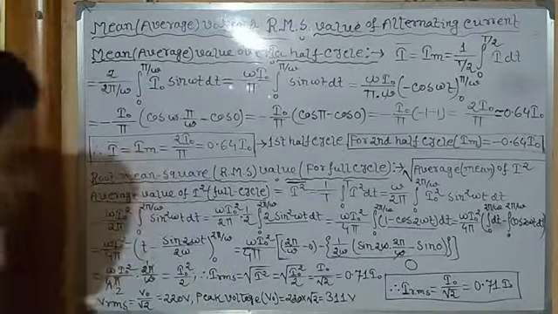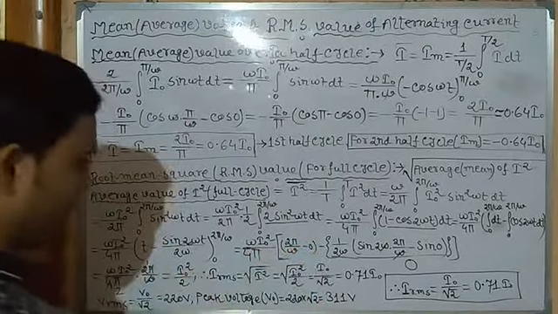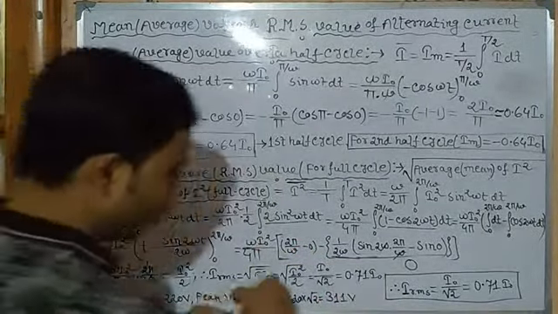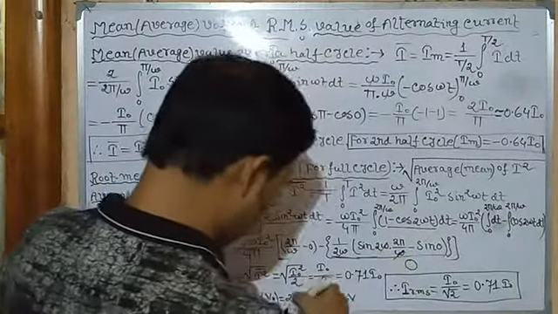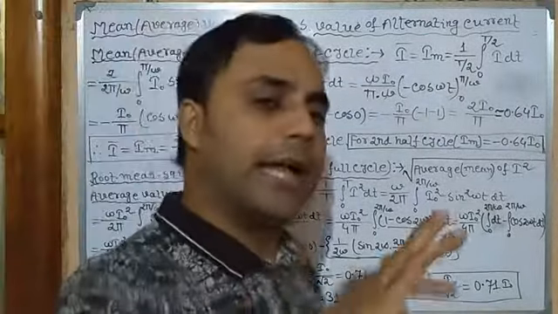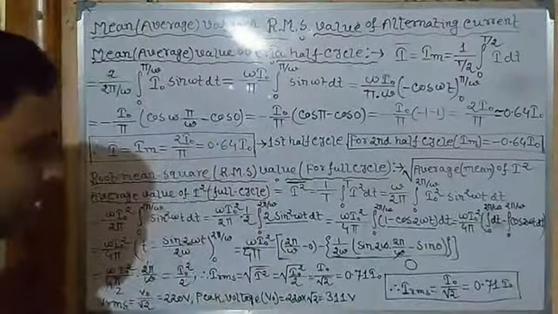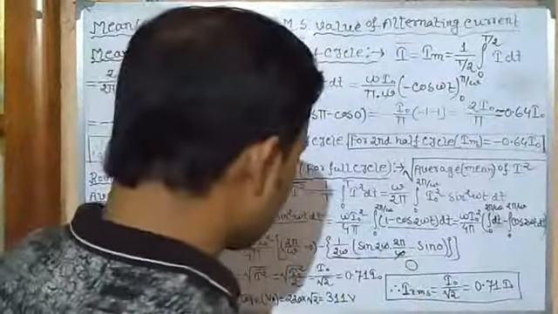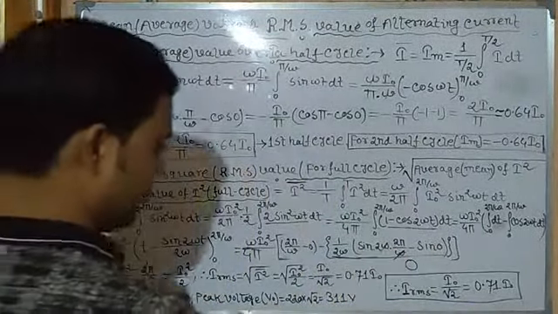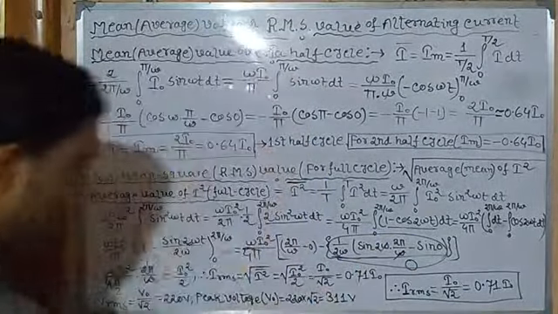Okay, so now you can see this part, 2 pi by omega minus 0, whereas this part is totally 0. Why? Omega cancels. Sine 2 into 2 pi means sine 4 pi. Now the value of sine n pi is 0. Sine pi, sine 4 pi, sine 6 pi, all these are 0. So that's why the entire part is 0. 0 into 1 by 2 omega is 0, so this part absolutely disappears. Clear?